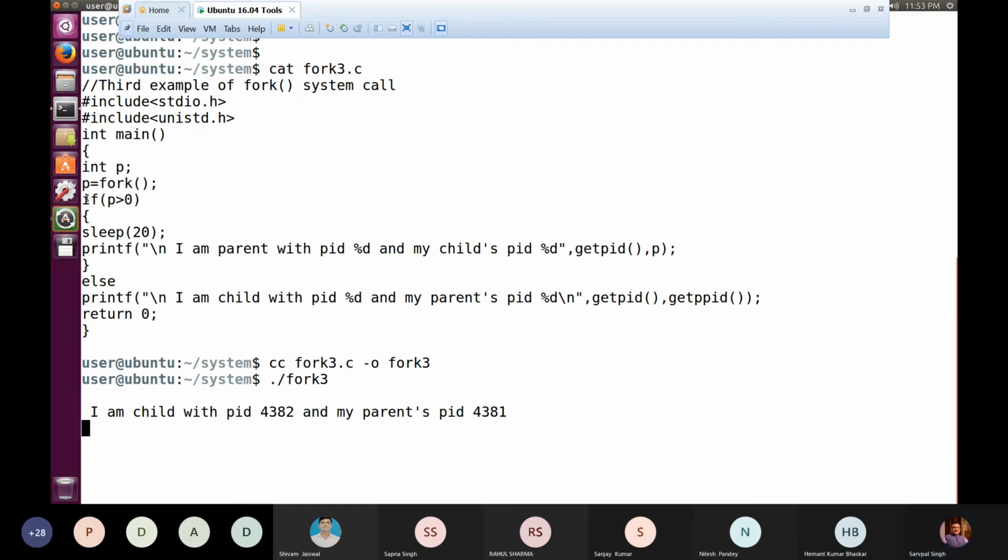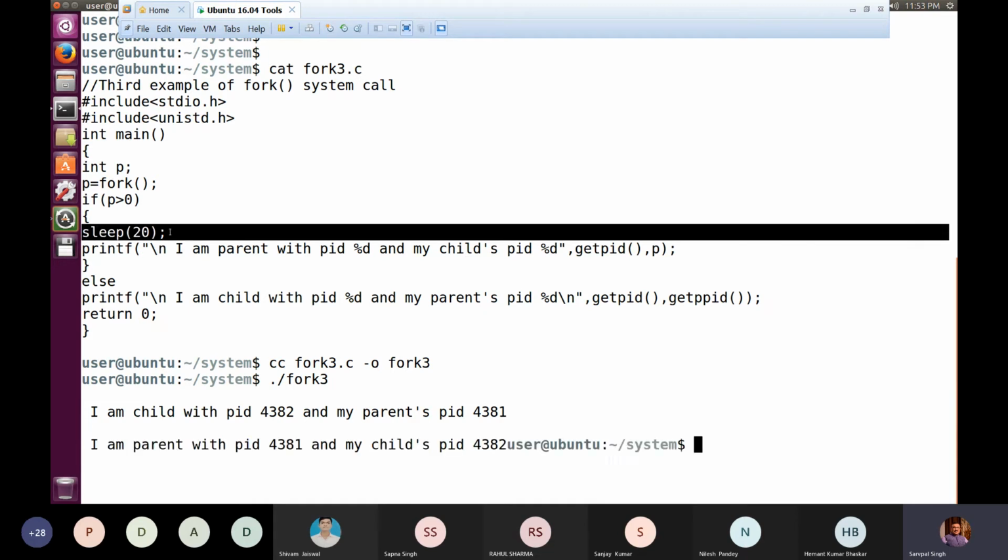Because for the parent part, if p is greater than 0, even if it had got the chance first, because of this sleep statement the parent is moving into sleep mode. So this printf will not execute until this sleep is over. This sleep time is sufficient to make sure that the turn is given back to the child process.